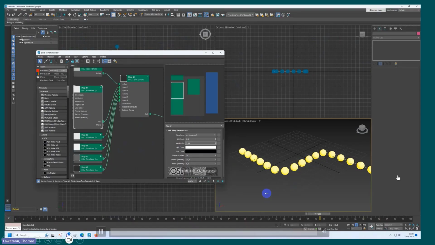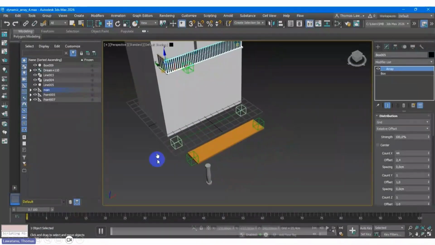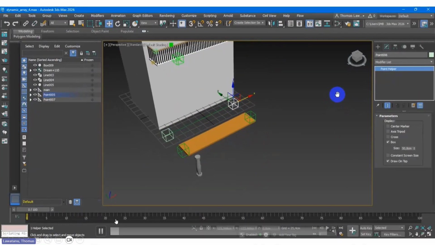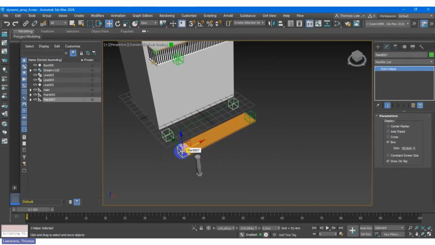Okay, so I think this one also applies when I create the balcony, right? The balcony. So this is dynamic. So I'm trying to use the point helper to get this one.